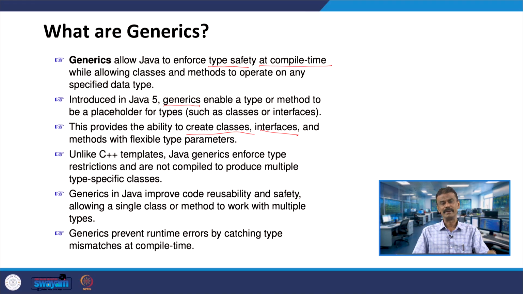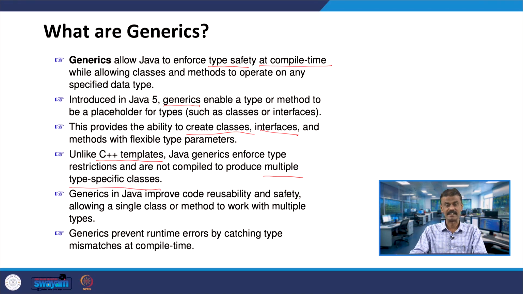In C++ we talked about classes and member functions, template functions, and here in this case you can have a generic class, generic interface and generic methods. When I am talking about C++ templates, there you can have multiple type specific classes, as we had seen.